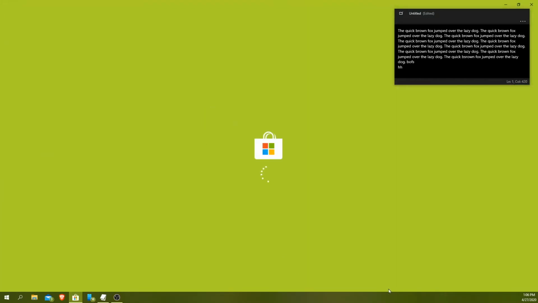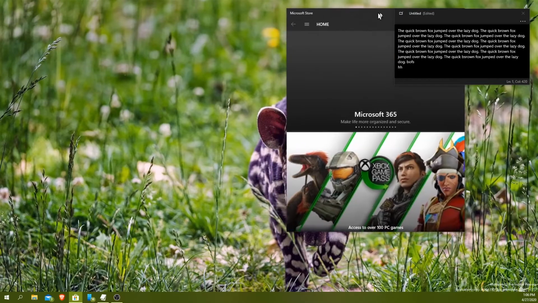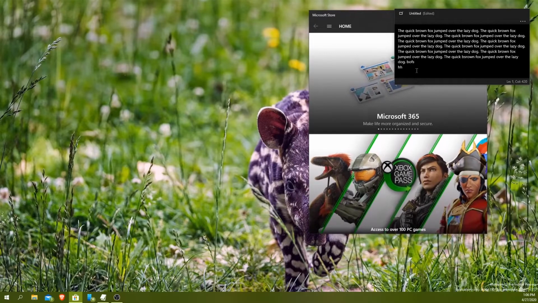There you go. So you see I have the store open and it's keeping it on top no matter what, and it allows me to quickly type notes in there and all that stuff. And then if I want to bring it back to full, you just click this button on the left, boom, and it comes back to full, which is a really awesome feature, I gotta admit. I don't remember whether or not the original Notepad has that function, but it looks really nice and it works